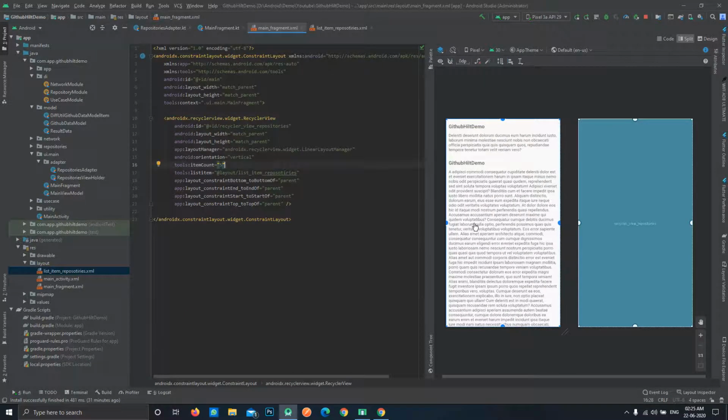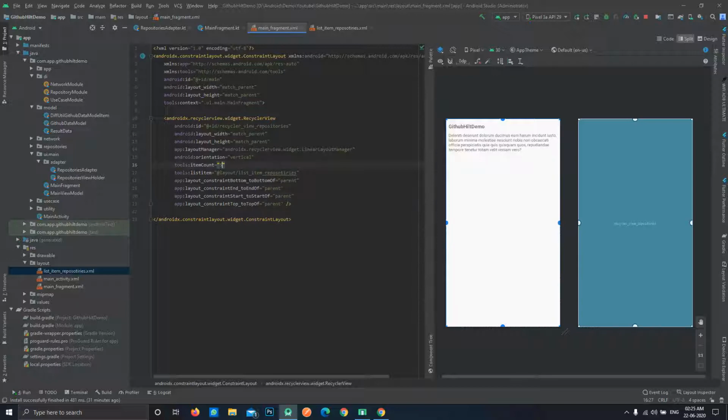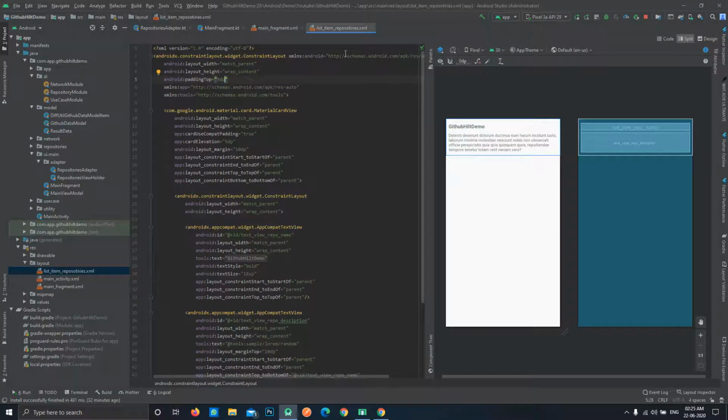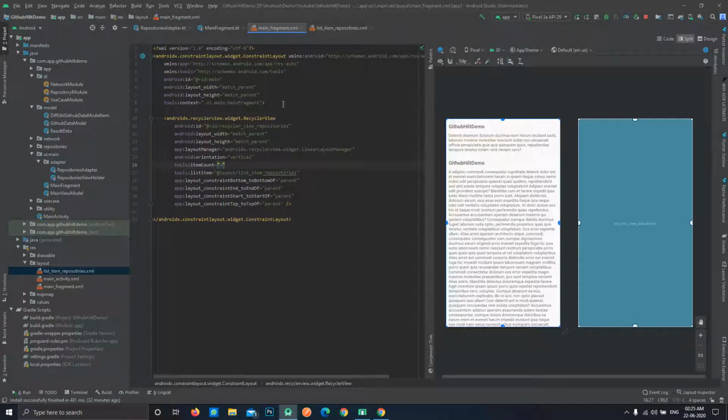Now you can see that the margins are reflected over here. This is the way your item will look if you define 1 here, it will show the layout with 1 item. If you define 2, it will show 2, then 3, 4. But in our case the text is taking a much bigger area, so it is just showing us 2 items only.